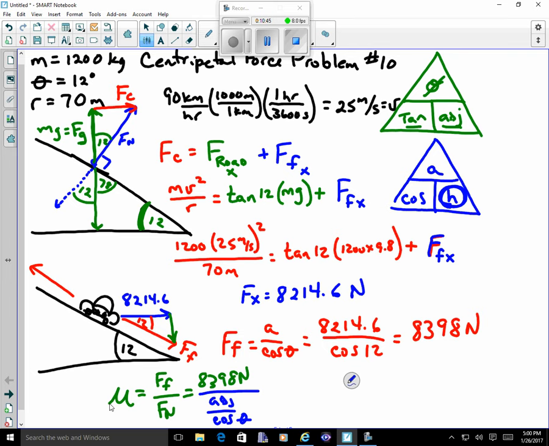Well, let's look at what this is. I'm going to once again put my 8,398, which was my force of friction, divided by the adjacent side. Well, that's mg. So m was 1,200, g was 9.8. And then I divide that by the cosine of 12. When you get all that together, you end up getting somewhere around 0.698. That's the coefficient of friction,